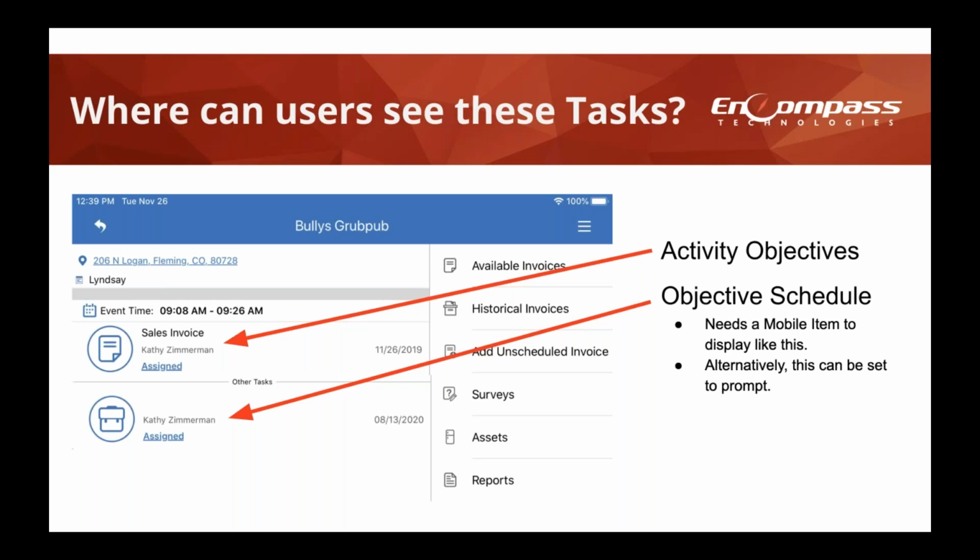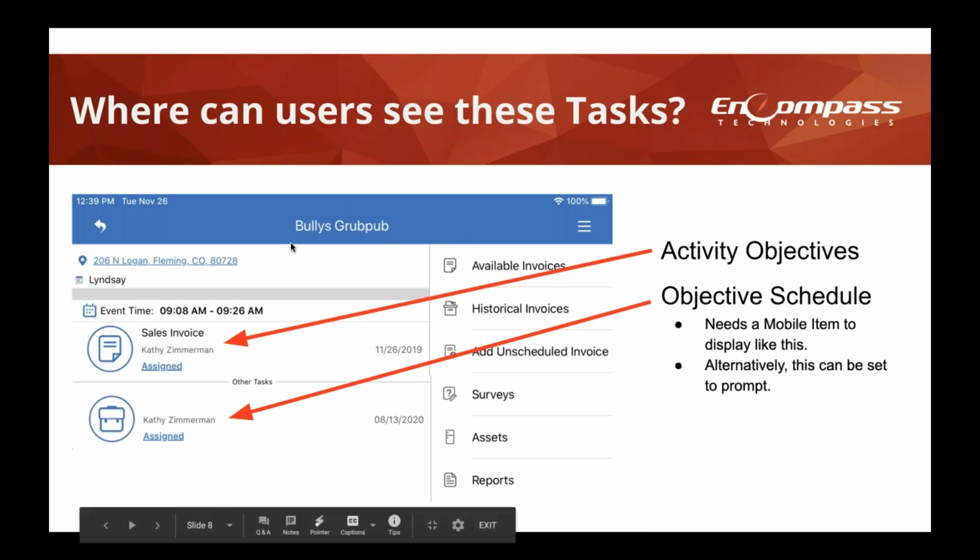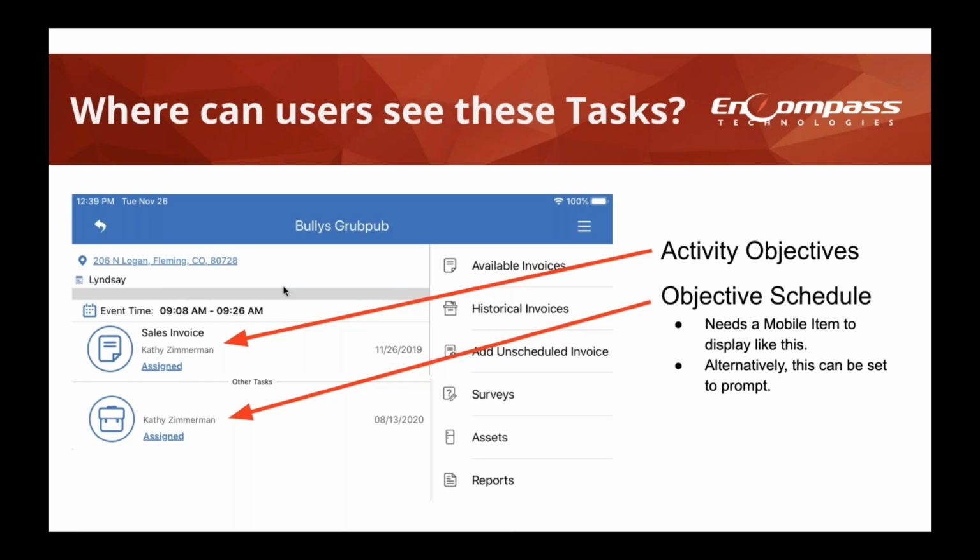So right now, the user has clicked into the stop, Boley's Grubhub, and what they're recognizing when they go into this account is they have one thing that they need to do that is required of their route, and that is the sales invoice. So what I want to do is tie this back to our sales goals dashboard that we were talking about earlier.